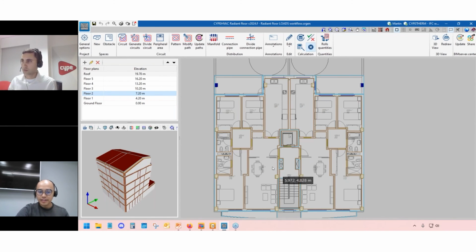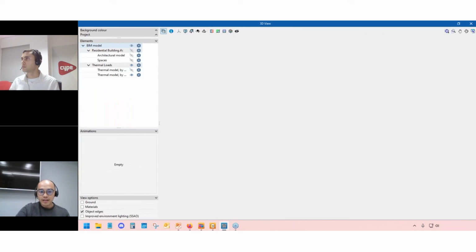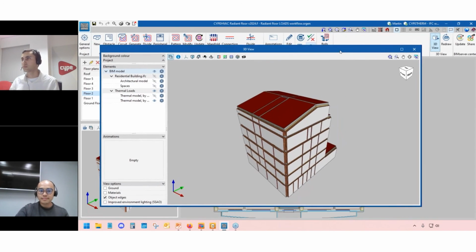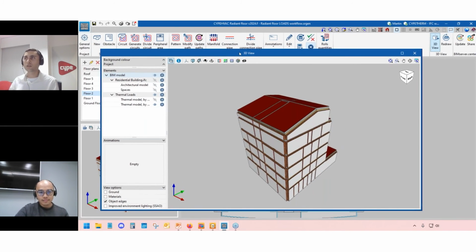And yeah, this is incredibly useful. You see how it really saves you time. You don't have to manually input everything all over again from the very beginning. You just have to import it into the program that you're showing here. And I would like to remind our viewers as well that this is also true for other Cype HVAC software that we have out there, not just for radiant floors, but also for the ductwork as well. Is that correct, right? Yes, this is correct for ductwork,